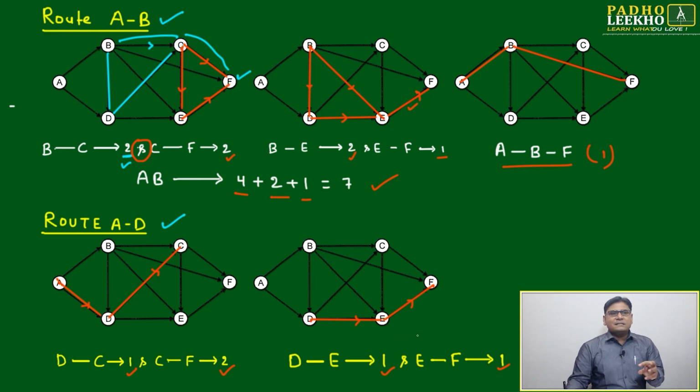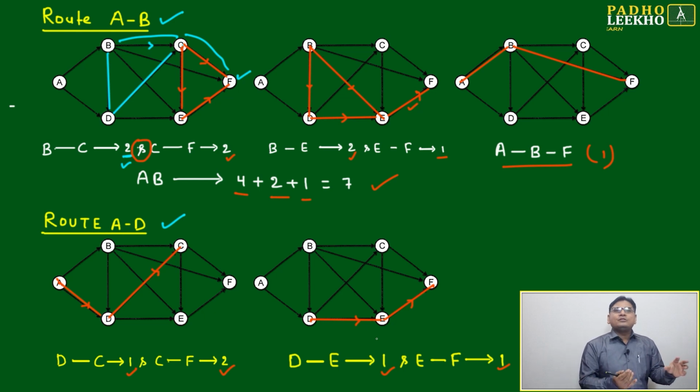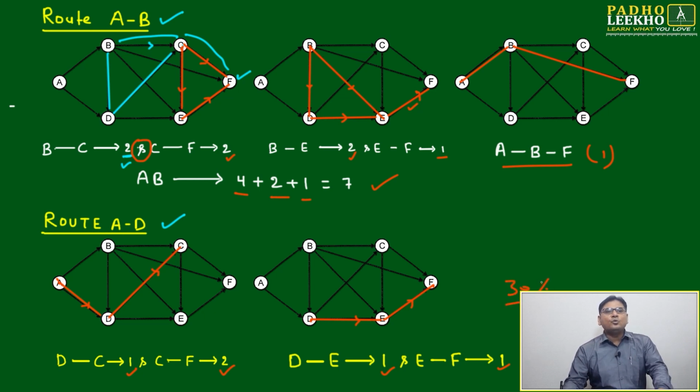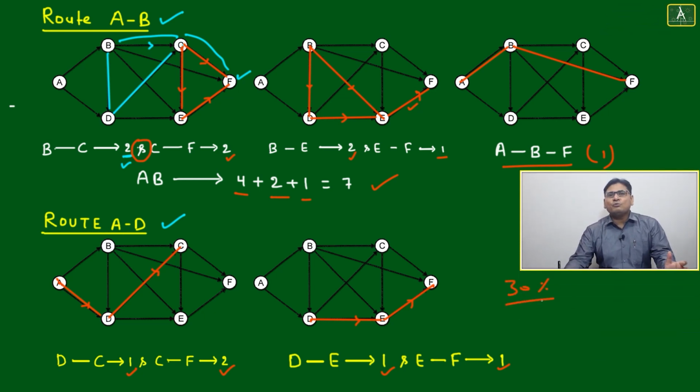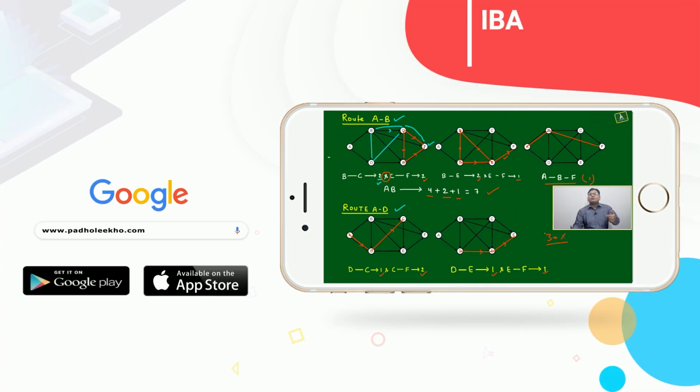Now the same question can be extended. Find the percentage of routes which are starting with AD. Then what can we say? It is 30%. It is 30% of routes. This is just an extension of the question. What is the percentage of routes which are starting with AD? 30% are starting with AD and 70% are starting with